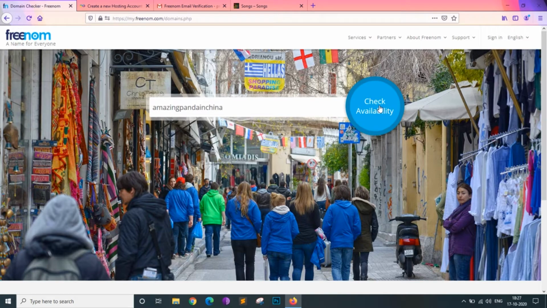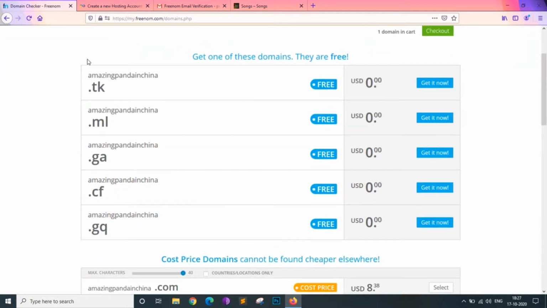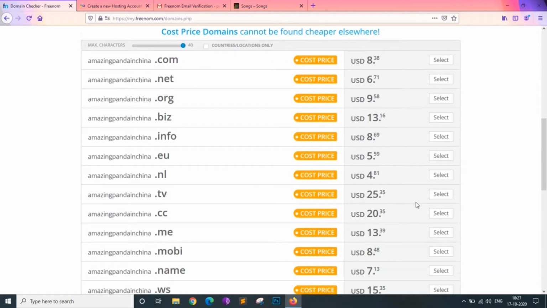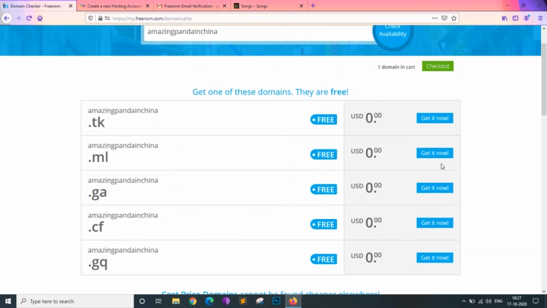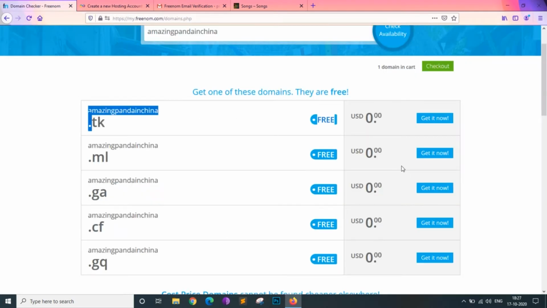So click check availability. As you can see, these .tk, .ml, .ga, .cf and .gq are the only free ones. Rest, for .com and the others, you have to pay. And you must know that .tk doesn't work on this free hosting site, so make sure you get any other one from these four. I will be taking .cf. Click on checkout